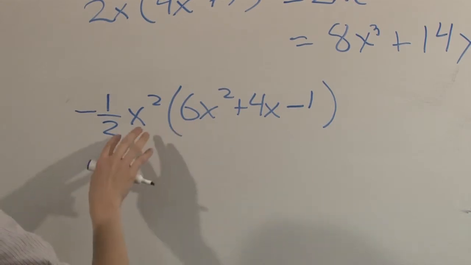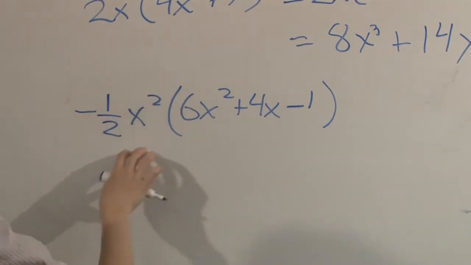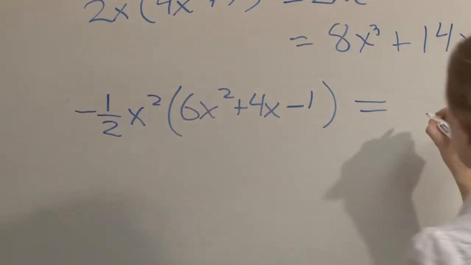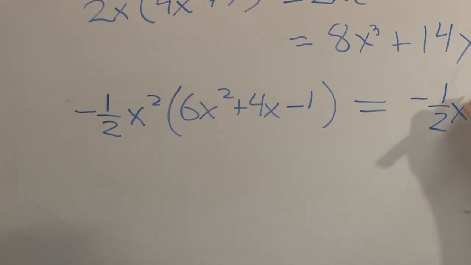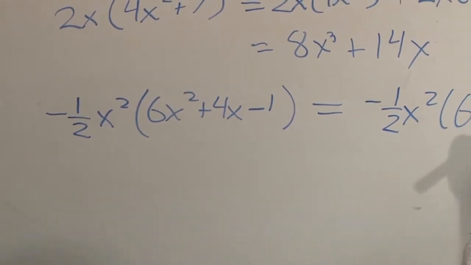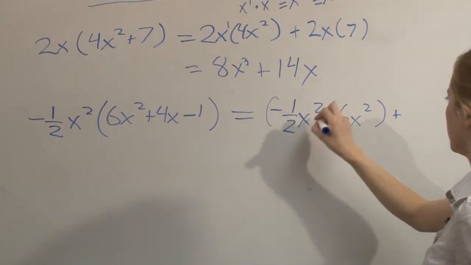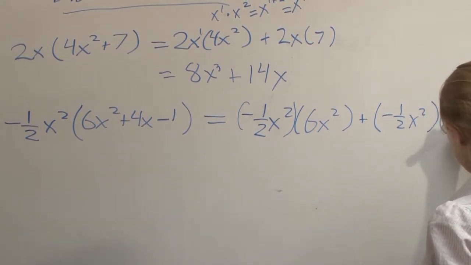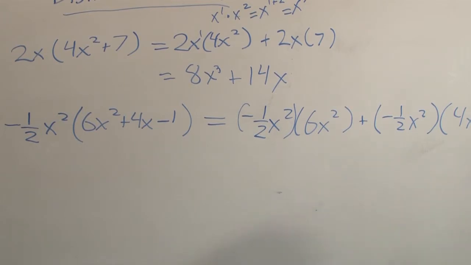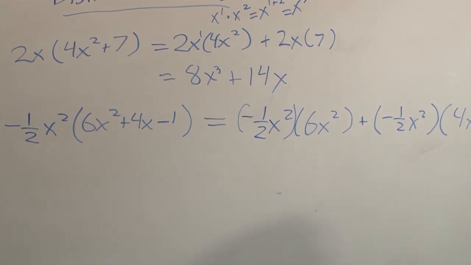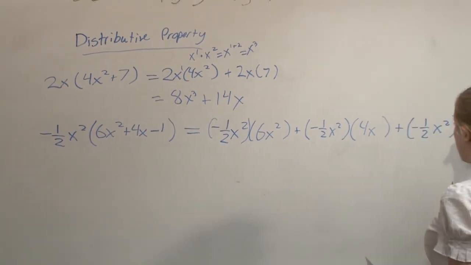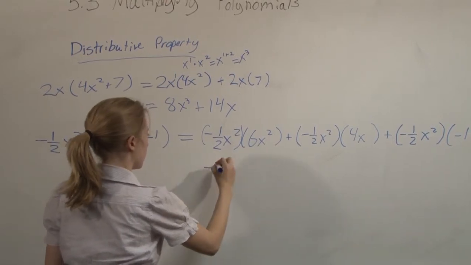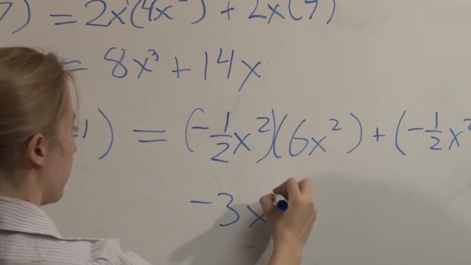So again, I'm going to multiply the outside term, the negative 1/2 x squared, by all 3 of the terms inside of the parentheses. Go ahead and put these in parentheses too. So I'm just writing out all of the products that you are going to find. So this one, negative 1/2 times 6 is negative 3. 2 plus 2 is 4,